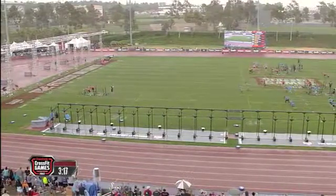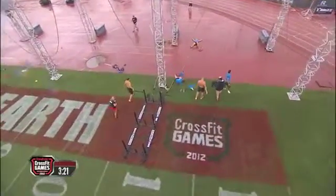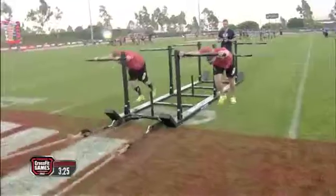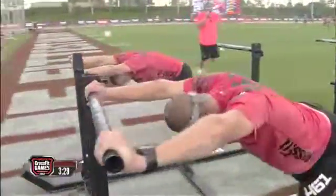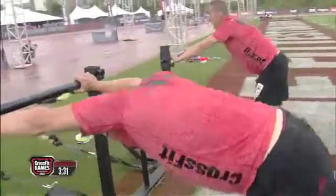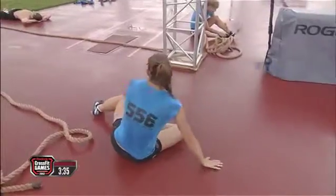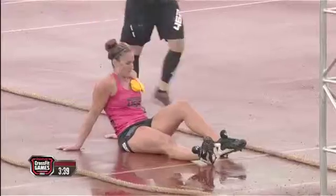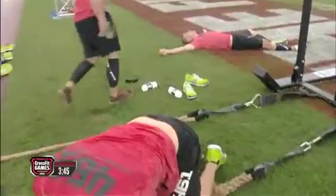This is just the first heat. You've got 3 more heats after this. So TJ's Gym is finishing with a time of 3 minutes and 15 seconds. They're not necessarily in first place right now. For this heat, they are. Now you've got 3 more heats left after this. So it's the best times of every heat, and then you put those together and you get the best times, and that's how we're getting our order. And our unofficial time, TJ's Gym winning this first heat in 3 minutes and 15 seconds,